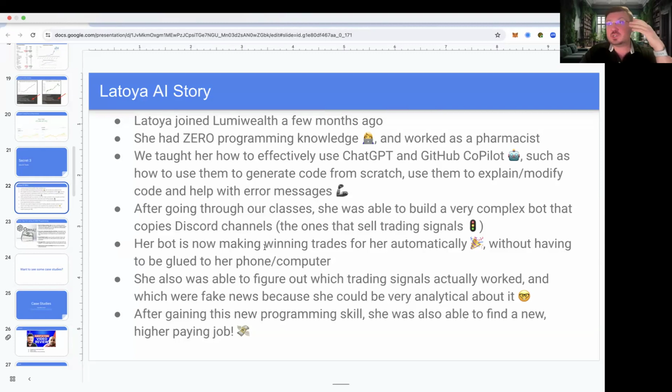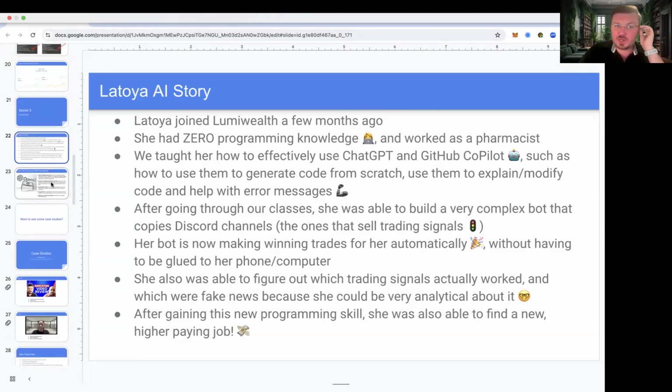So she learned how to code. She learned how to use these tools really well, got really good at ChatGPT and all that. And she went from being a pharmacist to actually working in a corporate office. And last I heard, she had a huge salary boost. She has a much less stressful job. Things are a lot better for her. And it's all because she came in, she learned this stuff, and we taught her all this AI programming stuff, and she just got crazy good at it, right? So very impressive person. She's actually part of our community. If you ever want to talk to her, she's very active.